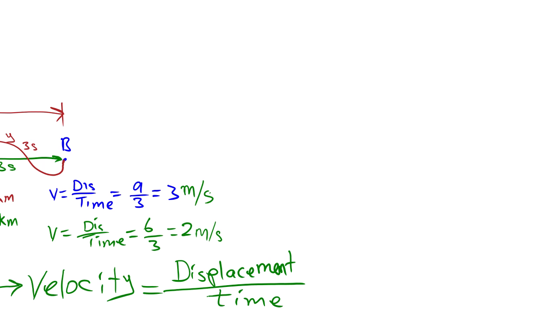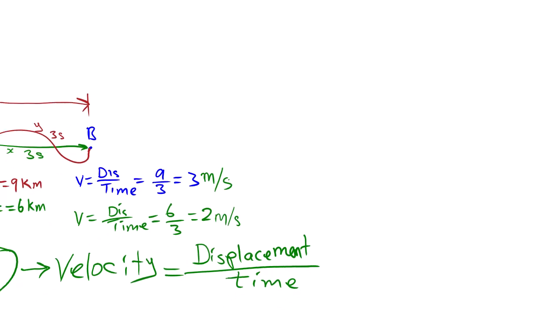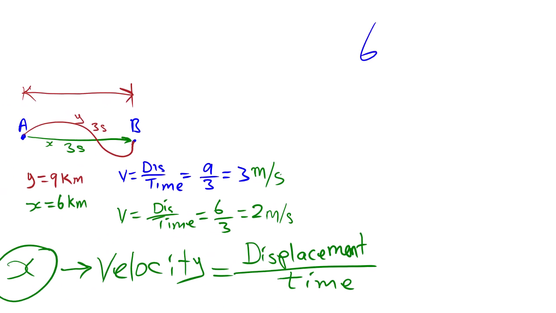That's 6 over 3. So the velocity of these two objects will be the same, because we calculate it. Let's calculate the velocity of y. Velocity of y is equal to 6 over 3, which is equal to